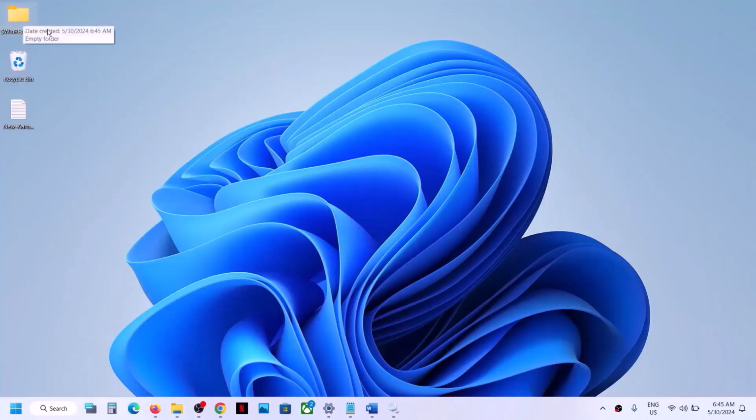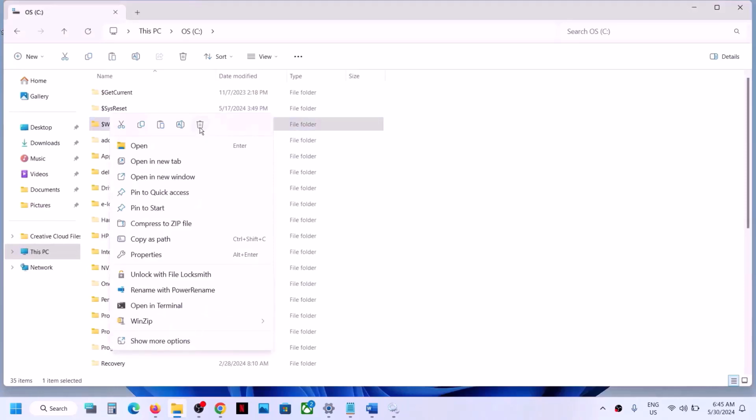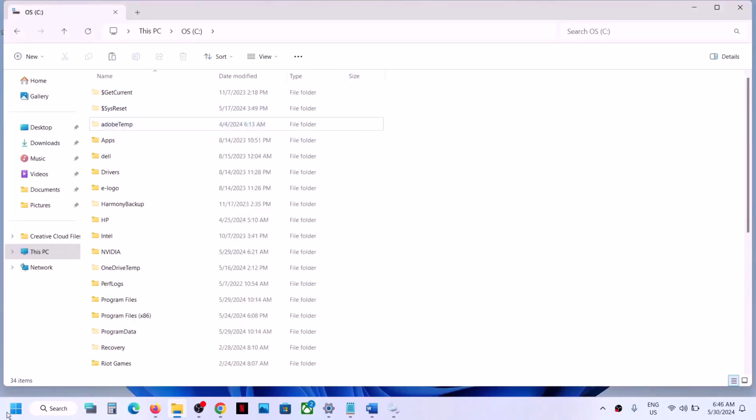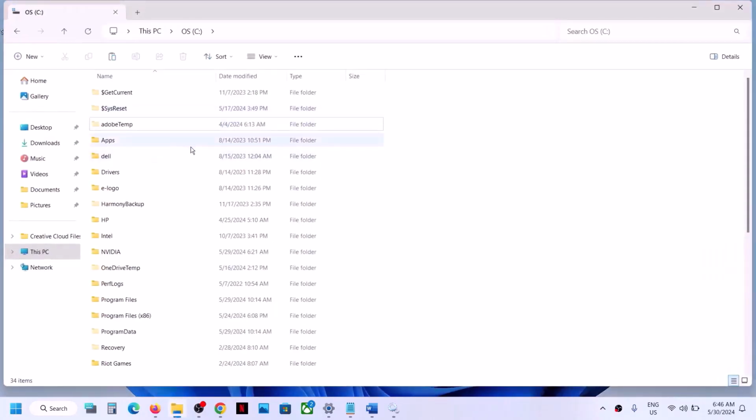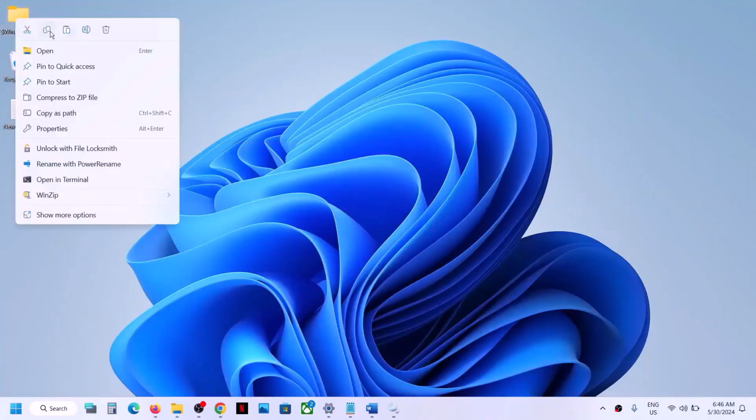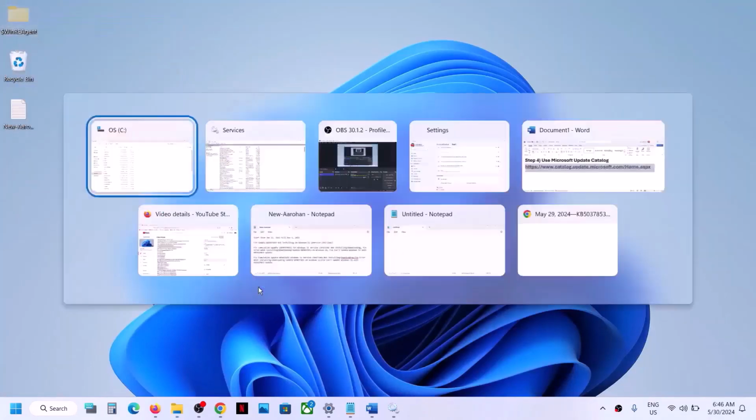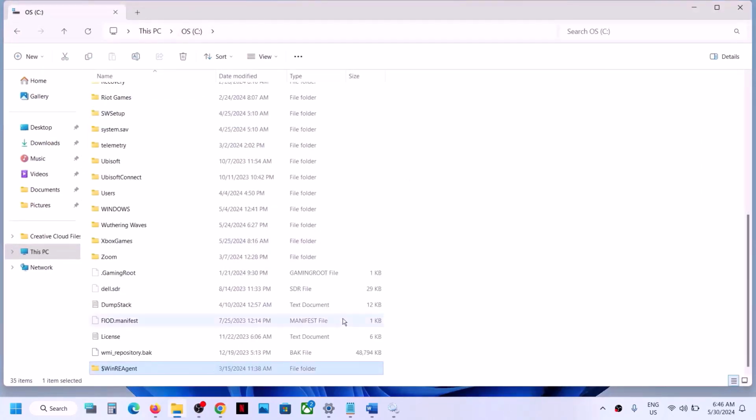Just create a backup. Now once you have a backup, you can make a right click on this folder and then click on delete. Once this is deleted, now you can try to update your Windows 11. Now once the update is complete, after the update, restart your computer. Once the update is complete, you can put the file back to the C drive. And if still you are unable to update your Windows 11, then please follow the rest of the steps shown